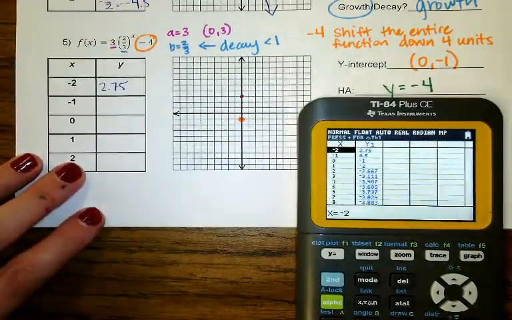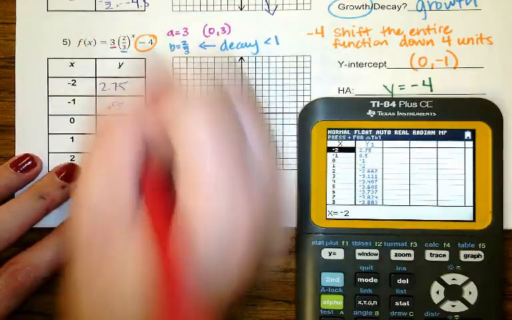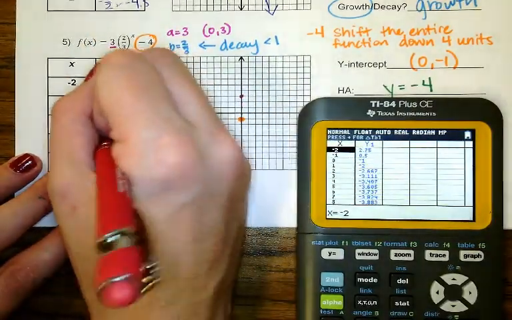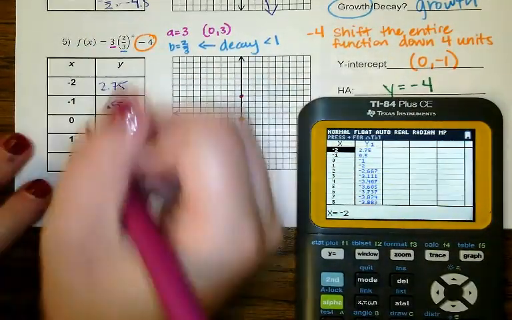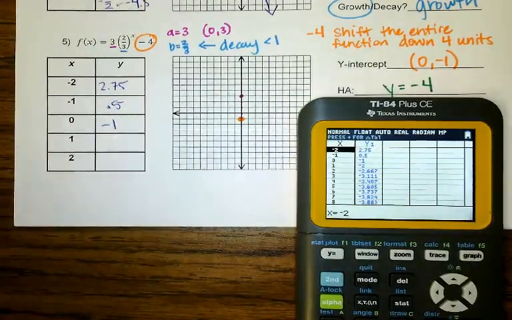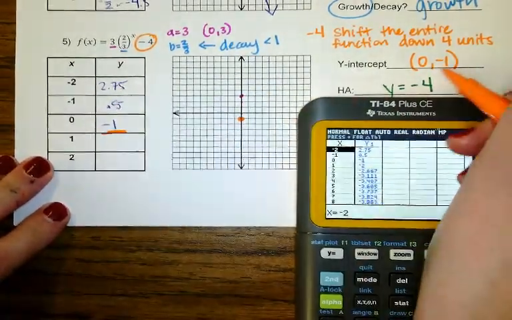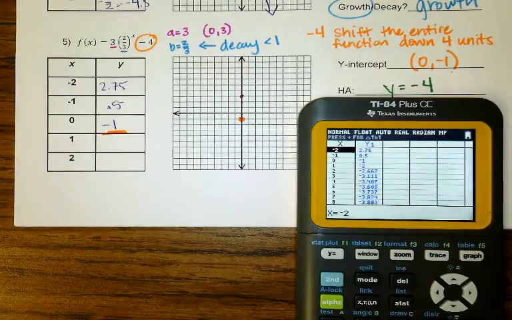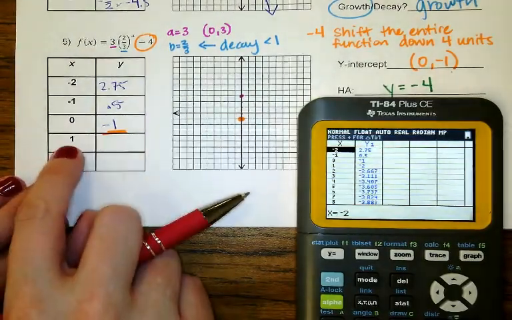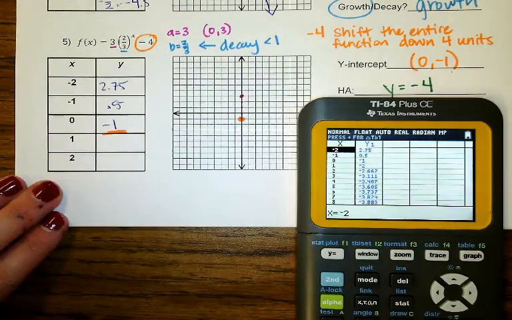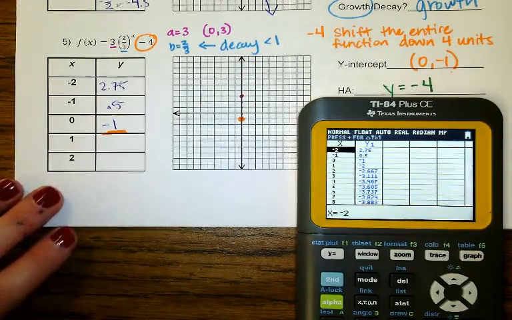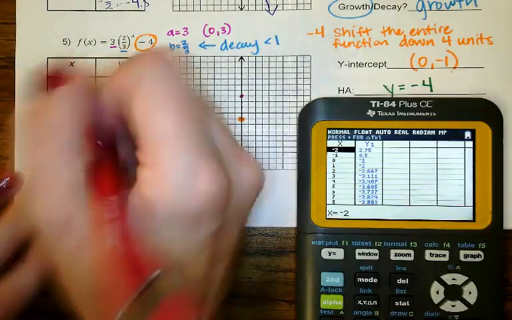Is that what we got after we shifted it down? Yes, it is. Does that make sense, guys? So it's going to shift it down some. And then we have 1, which is -2. Is that right? And then 2 is -2.667. I'm just going to add a few more. 3,